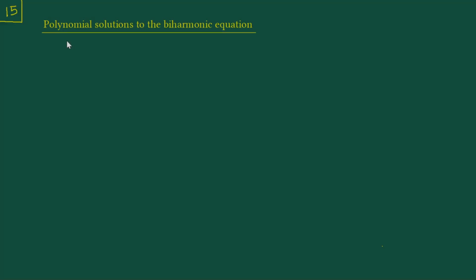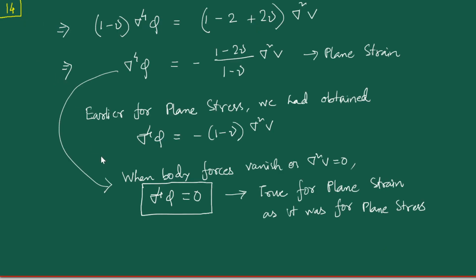Hello everyone. So in the previous lectures, we had talked about the plane stress and the plane strain conditions, and at the end of it all, we had shown, if we just refer back to the previous page, that when we do not have body forces, or when the conservative body forces are such that the scalar potential V satisfies this Laplacian of the scalar potential equal to 0, then we must have this equation, this biharmonic equation involving the Airy stress function phi,